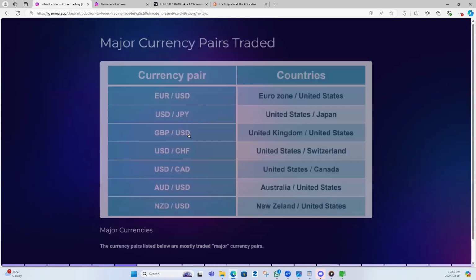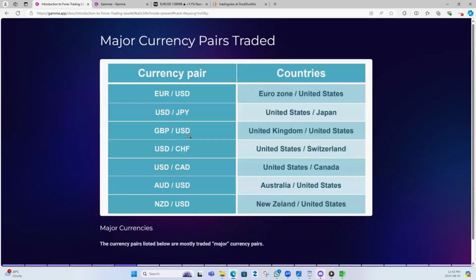Okay. So these are the major currency pairs, as I say. You can see right here. These are the currency pairs, like euro, US dollar. Euro is the base currency. US dollar is the counter currency. So basically, you are buying euros and selling US dollars. US dollar, Japanese yen. So it is also traded in pair. Then you have British pound, US dollar. You have USD, CHF, then you have US dollar, Canadian dollar, Australian dollar, US dollar, New Zealand dollar, US dollar. So the first currency is the one that you are buying.